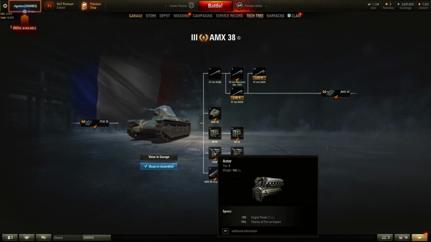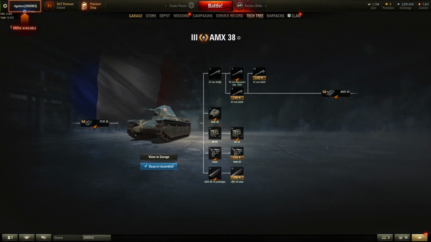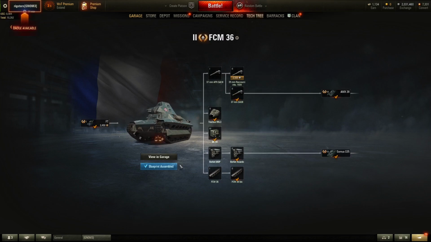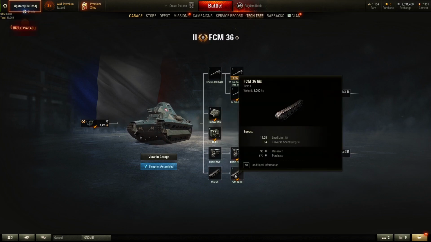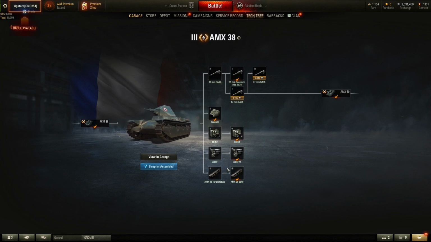And also the engine horsepower is actually finally in the 100s or mid 100s, with the best engine option being the Ester M at 160 horsepower versus 150. Once again, more mobility. I think the track traverse is better too. Let's see here, 30, 32, 30, 34. Actually, the FCM 36 is slightly faster turning its tracks around, but the AMX-38 has more armor and